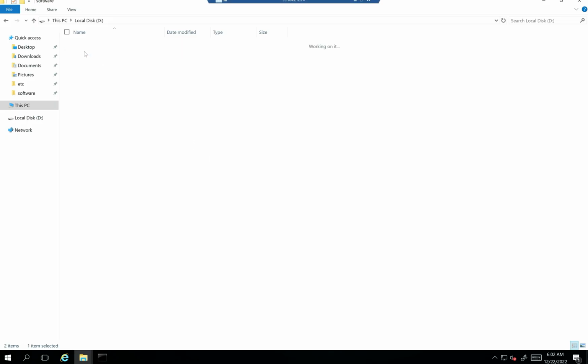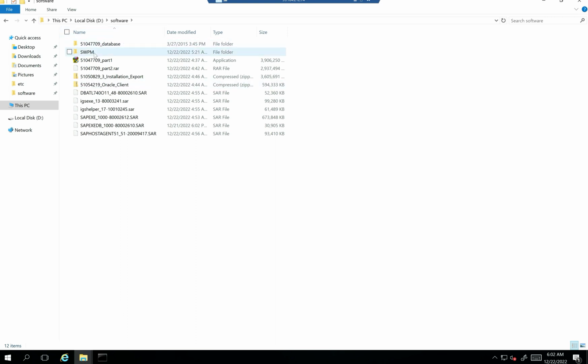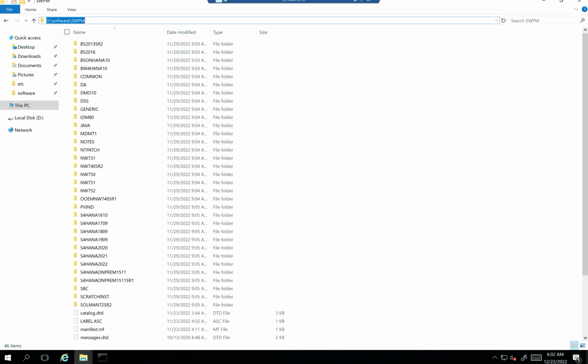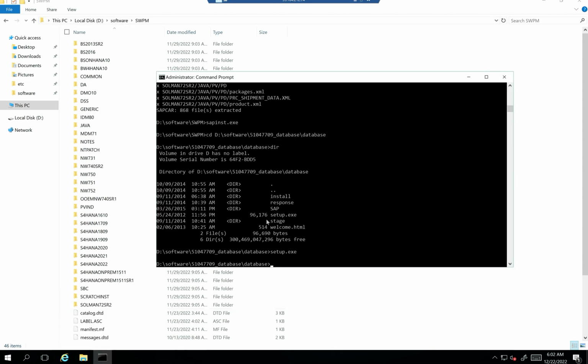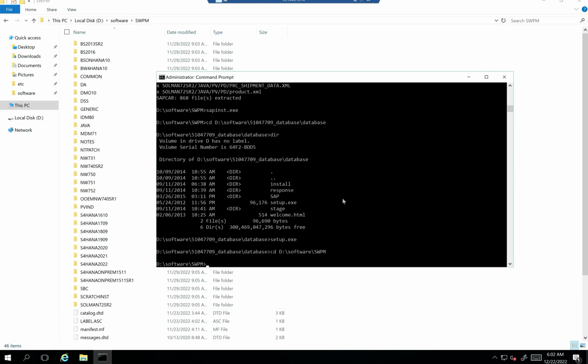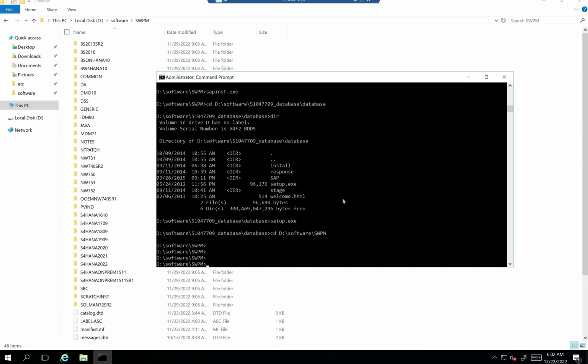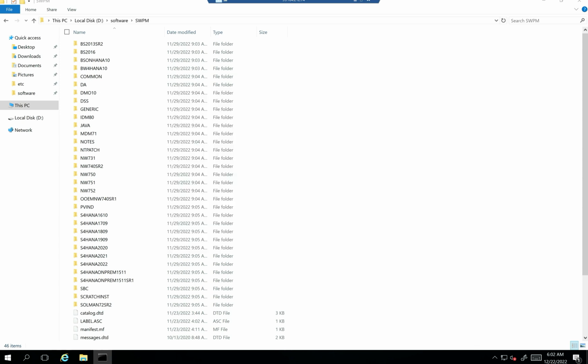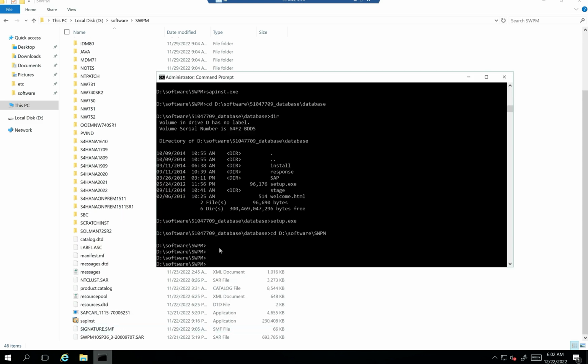Now what I have to do is run the SWPM. Once again, remember, in part 1 we ran the SWPM to check the prep steps. I am now under SWPM. What is our executable name? SAPINST, right? You don't need to type everything. Start with the starting letters of the file name and press tab, and it will take the file name automatically. Just hit enter,